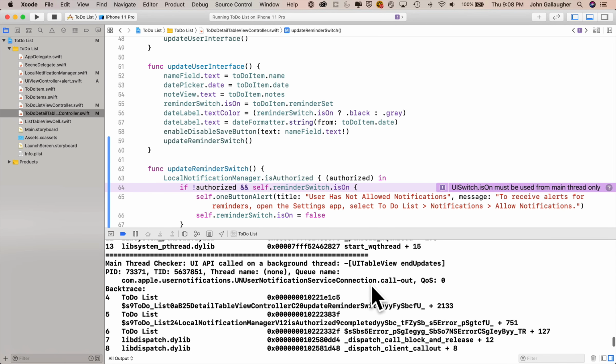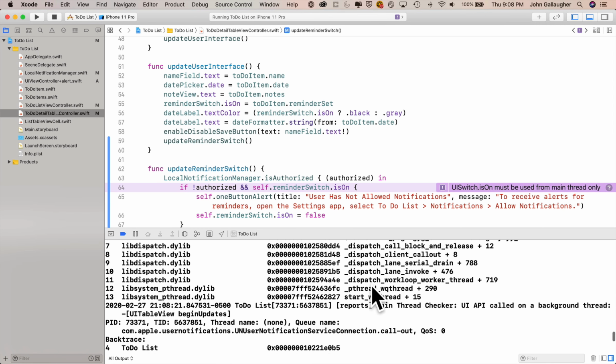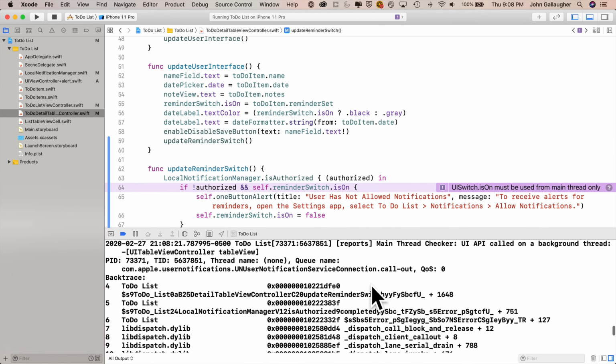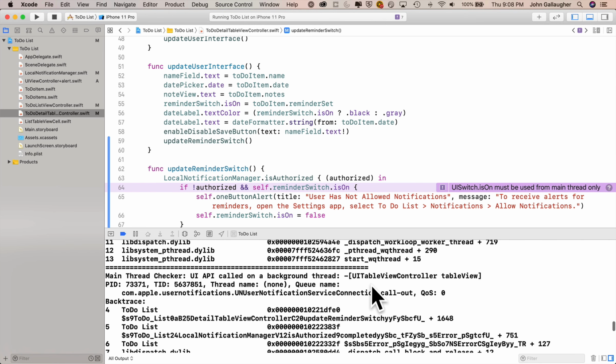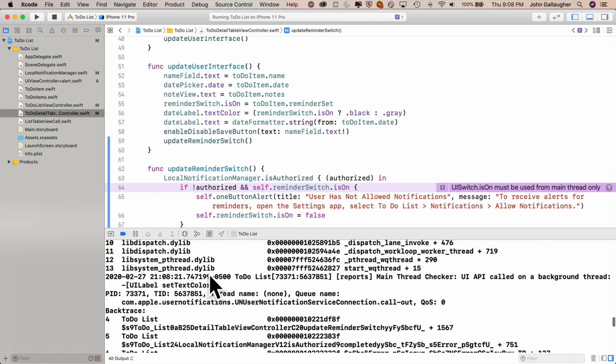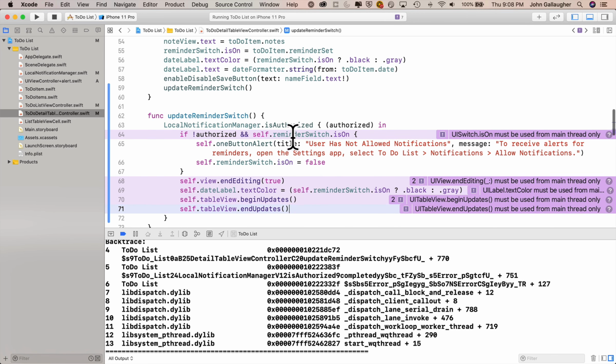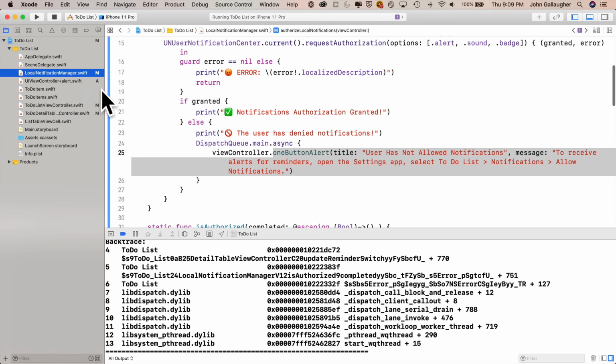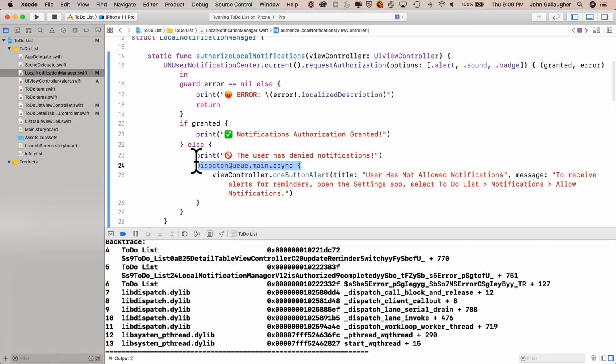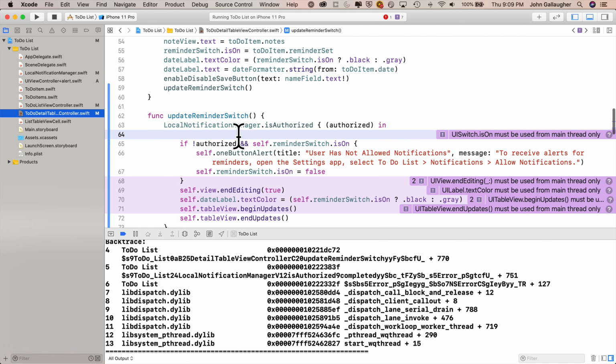Inside LocalNotificationManager, we are calling UI functions that should be on the main thread inside of the LocalNotificationManager completion handler, which is operating on a background thread. But we know how to fix that. We need to do that DispatchQueue.main.async. In fact, we can just go over to LocalNotificationManager, copy that line, return to ToDoDetailTableViewController, make a space right after our call to LocalNotificationManager, paste in the DispatchQueue.main.async,